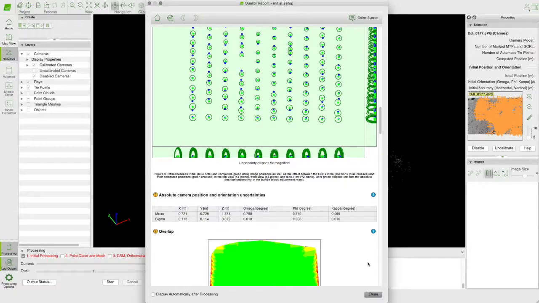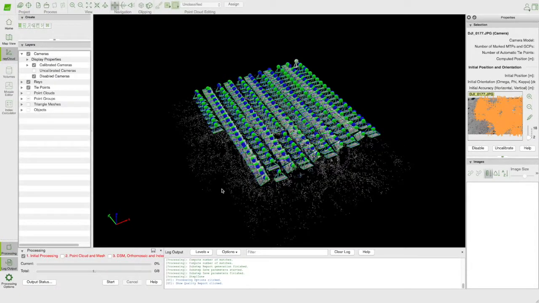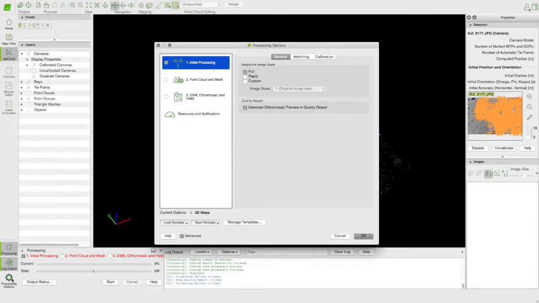So that's pretty much it for getting set up. Now, the reason why I'm doing this is because we are providing you with these same files that I ran here, so your numbers should be almost exactly the same. And then what you can do is, if you would like to, you can then uncheck initial processing, or we'll go back in here. I'm not going to do this for this particular model in this video, but